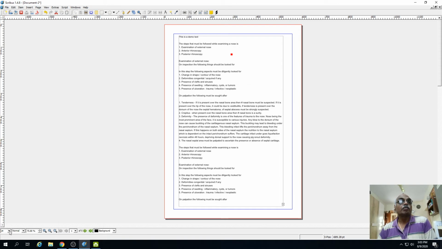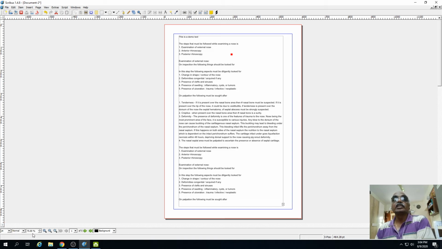If you say points, it will tell you in points. And then here, this tells you how we are going to view the image which you have added to the Scribus document. If you want to view it in high resolution, you can choose high resolution. You can view it in normal resolution, or under low resolution.